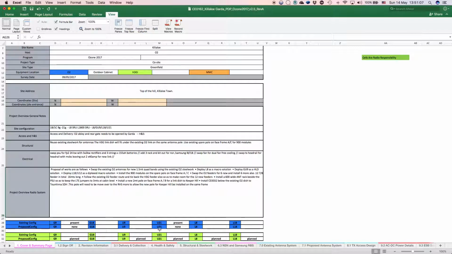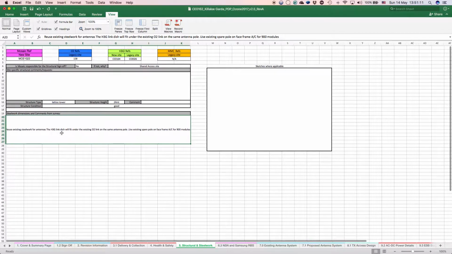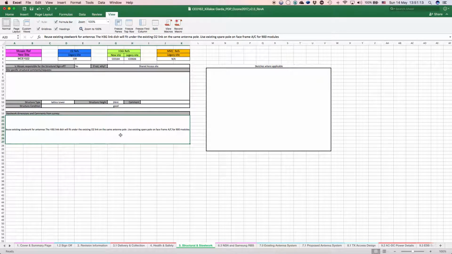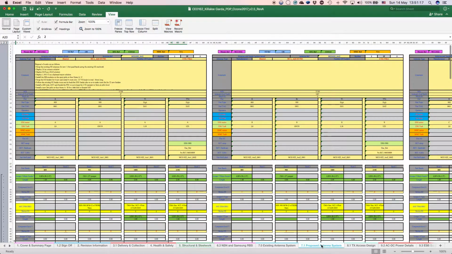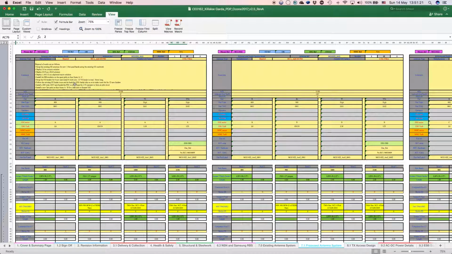You also find this information on tab 5, which is structure and steelwork. Usually it's just a copy of the first page information. And lastly, you can find it as well on the antenna, proposed antenna page. Usually the guys just copy it there as well. Regarding the installations,